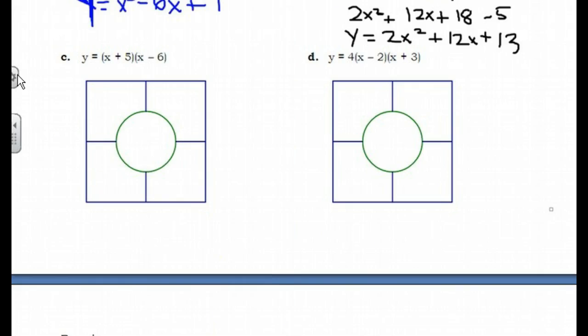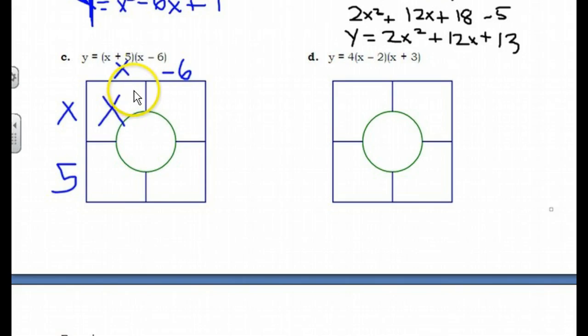Next example. I now have two binomials that are not the same, so I'm going to put 1 along the side. I'll put x plus 5 on the side, and 1 across the top. I'll put x minus 6 across the top. Now you could flip these. You could put the x negative 6 here, and the x positive 5 here, and the answer will come out the same. But so again, we're going to figure out the squares by